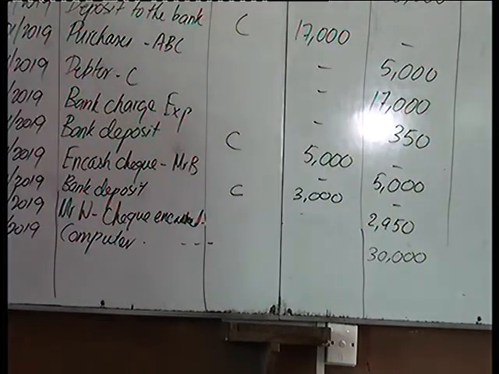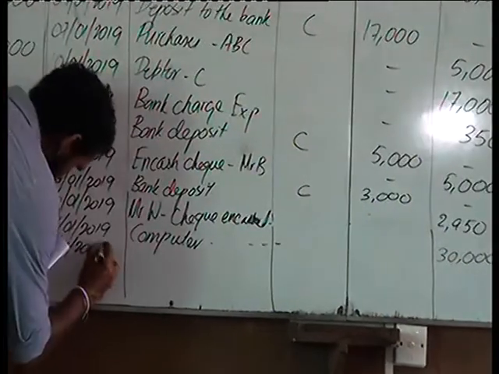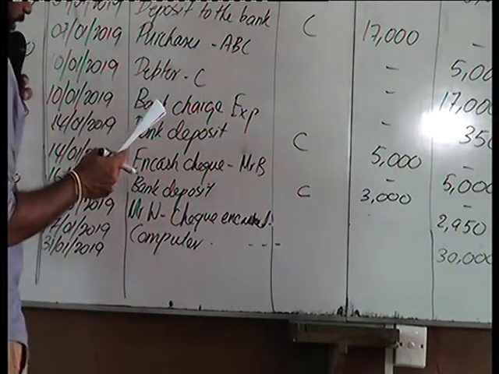Then we have, on 31st January, as per bank statement received from the bank for the month, it was revealed that 25,000 has been deducted by the bank as loan installments. Further, the bank has charged 100 as bank charges and the interest on fixed deposit of 2,000 has been credited to bank account. So, adjustments which we have not recorded in the financial statements will be recorded.